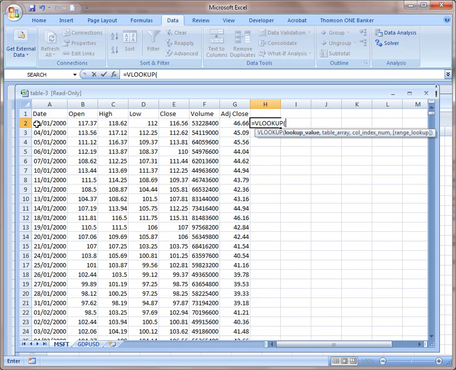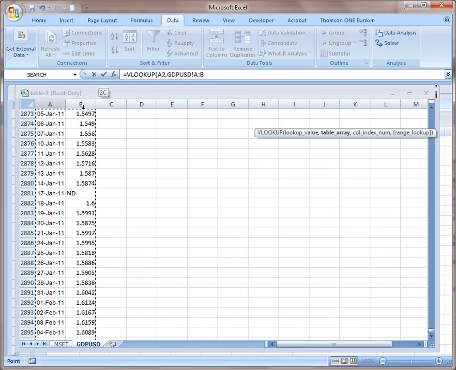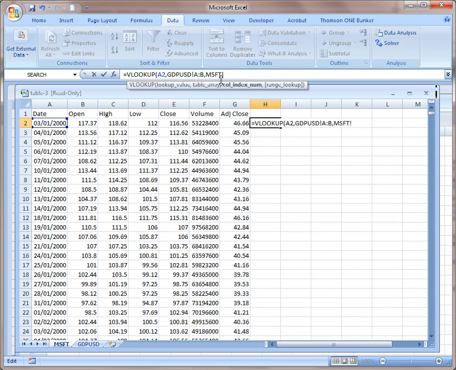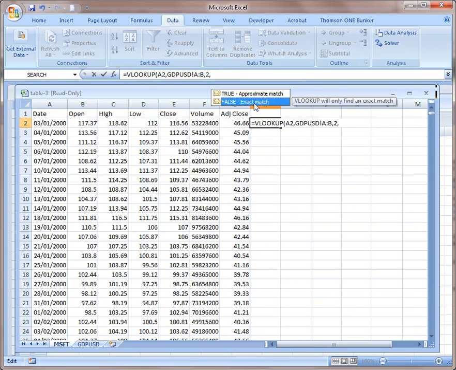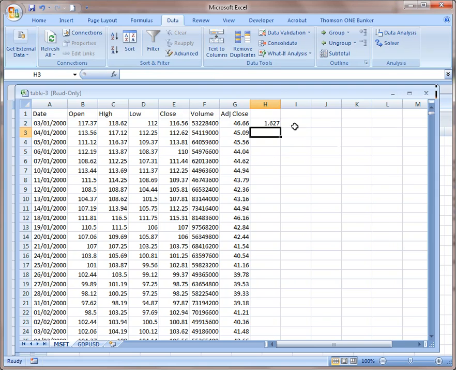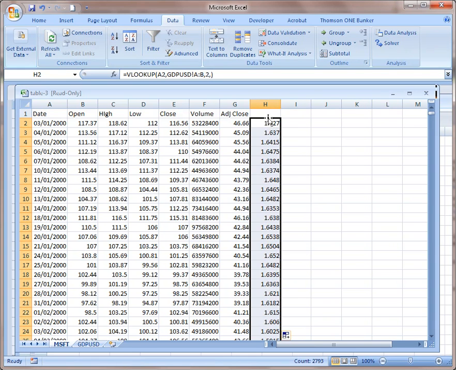What we want to look up is the date, so we want to match the date and look up the value from these two columns, and then we want to return the second column's number, and we want an exact match, and that's it. So this finds the exchange rate from the next spreadsheet to here, we call it